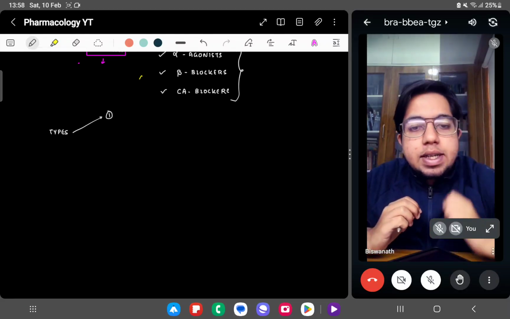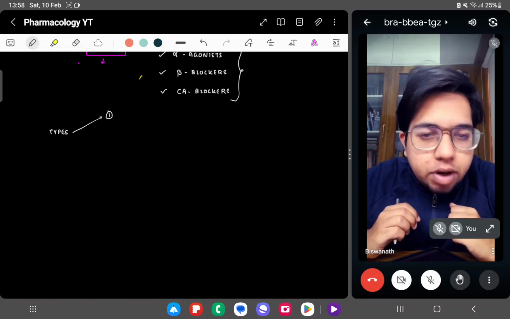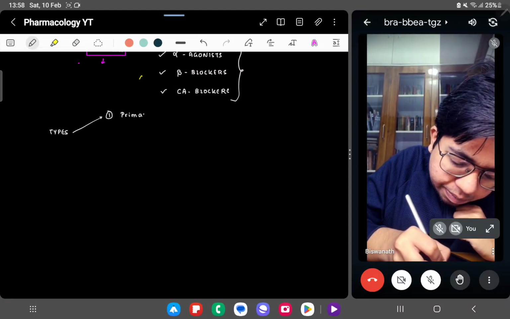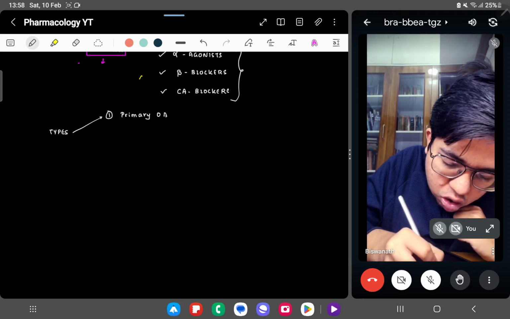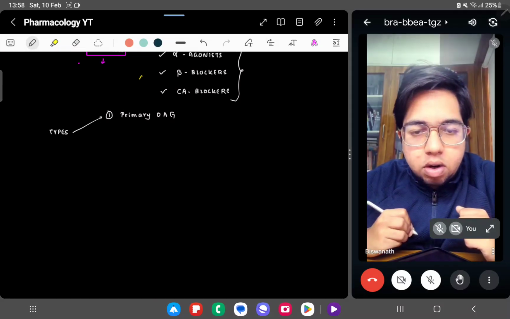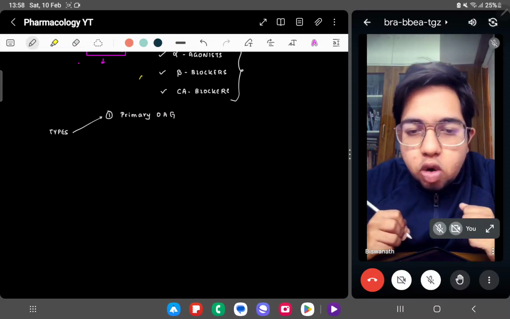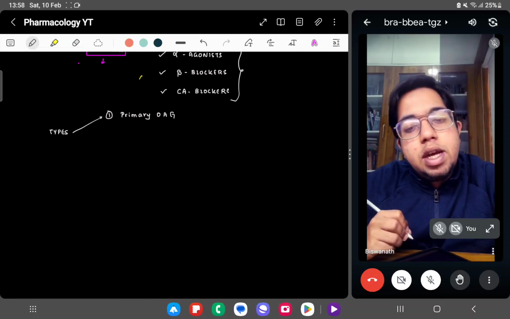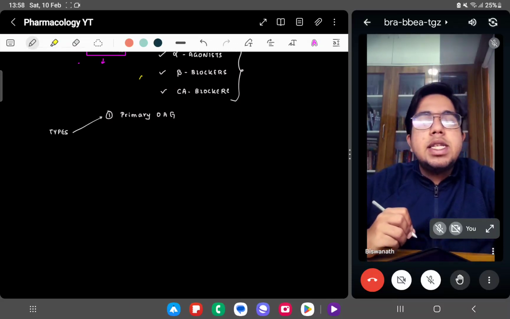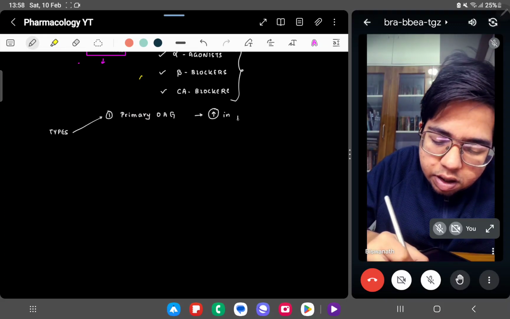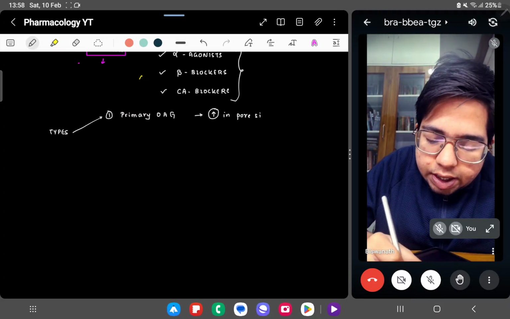So the first one is the primary open angle glaucoma. I'm writing OAG for open angle glaucoma. In the primary open angle glaucoma, due to old age, due to any old age related degenerative changes, there is an increase in pore size of